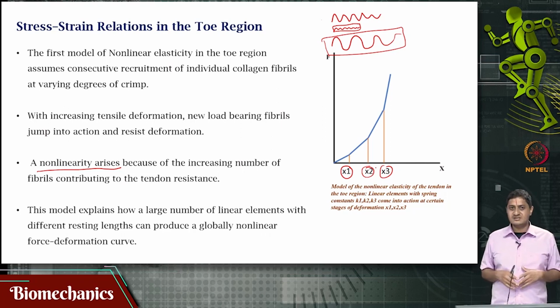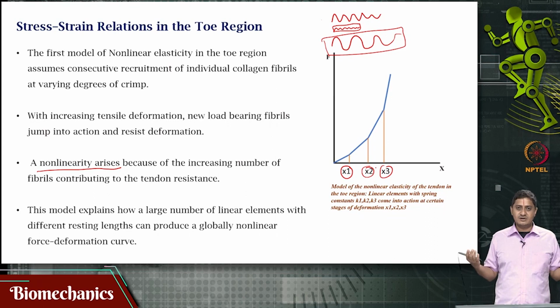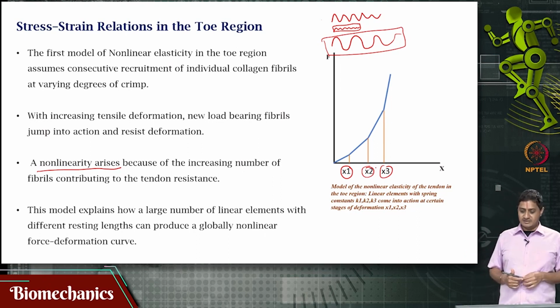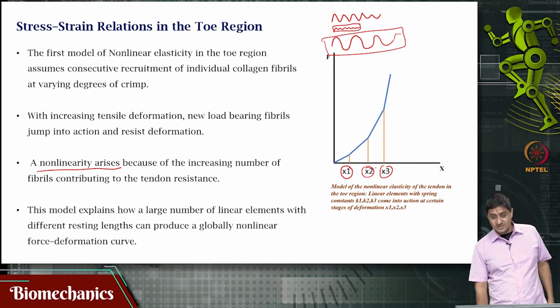There are just 2 bands, but then in the tendon you are going to have a huge number of fibrils that uncrimp and crimp at differing lengths. Because of this reason, you are going to have a global nonlinear behavior in the tendon. So, this is one model of